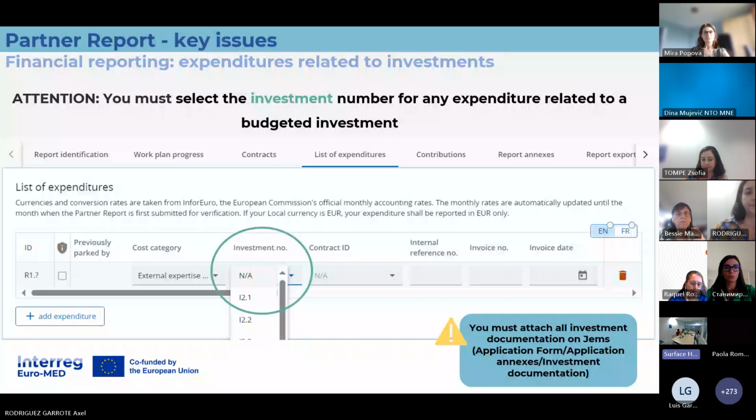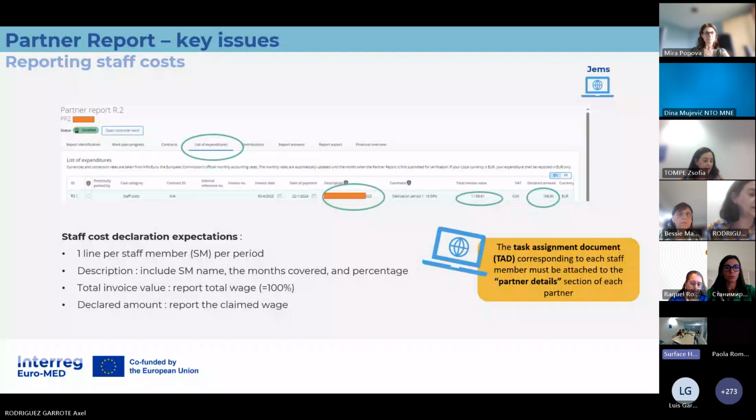Thank you. Now we fill out these expenditures data in GEMS, and we talk about staff cost. It's a bit tricky, but we have some recommendations. I don't know how well you see the columns of the presentation, but I will tell you, for each column, what you should fill in or what our recommendation is. So it's especially tricky for staff cost.